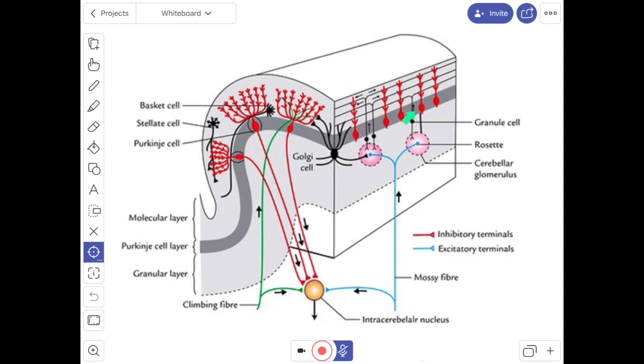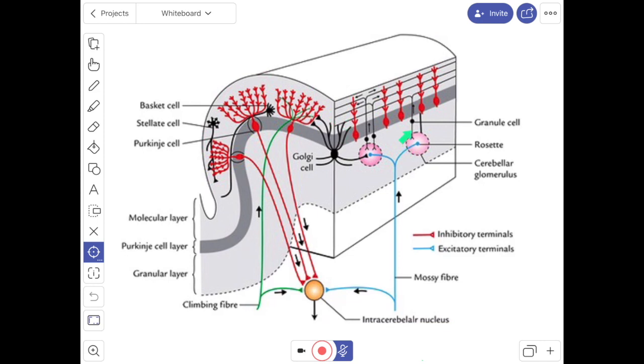The axons of each granule cell pass into the molecular layer where it bifurcates at a T junction and its branches run parallel to the long axis of the cerebellar folium, and these fibers are known as the parallel fibers. They run at right angles to the dendritic processes of the Purkinje cells and they make synaptic contact with the dendritic processes of the Purkinje cells. The Golgi cells are large and prominent but scanty, and their dendrites ramify in the molecular layer.